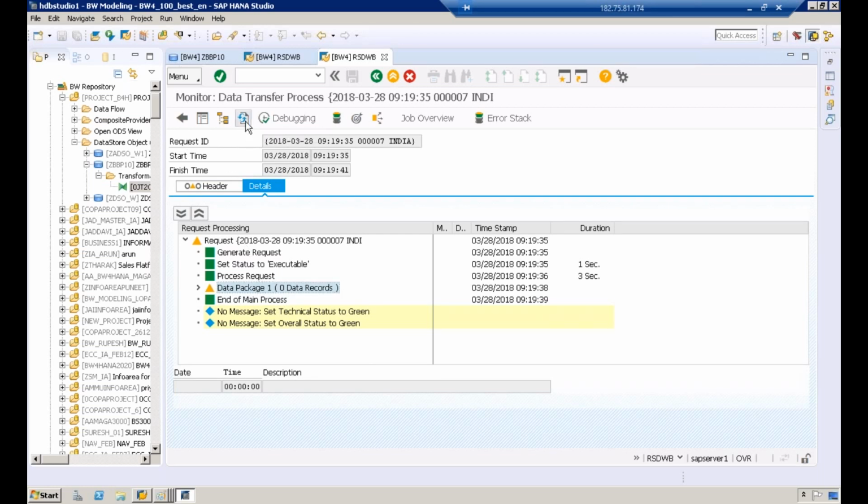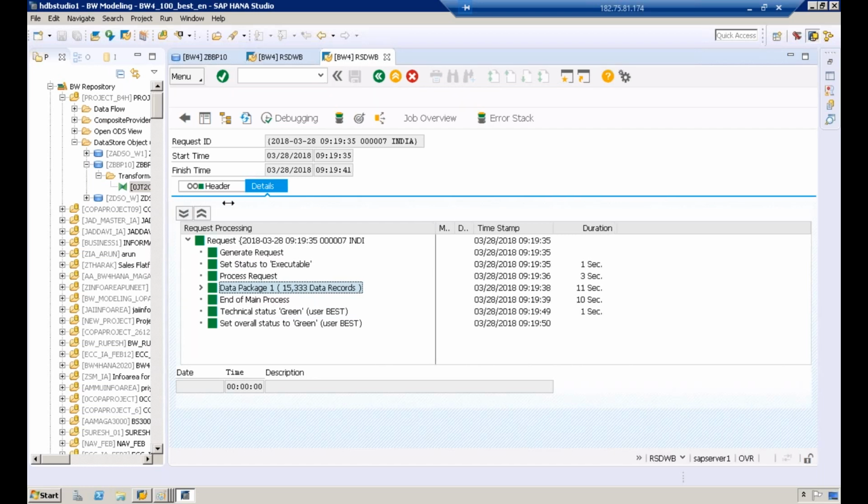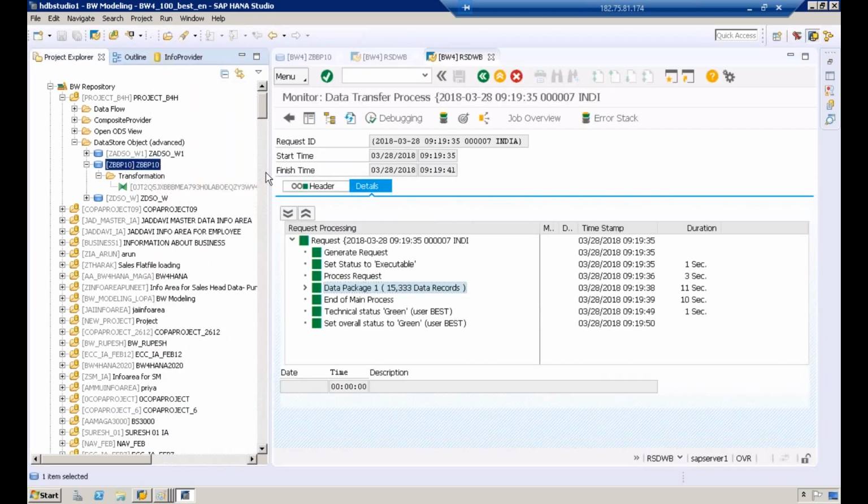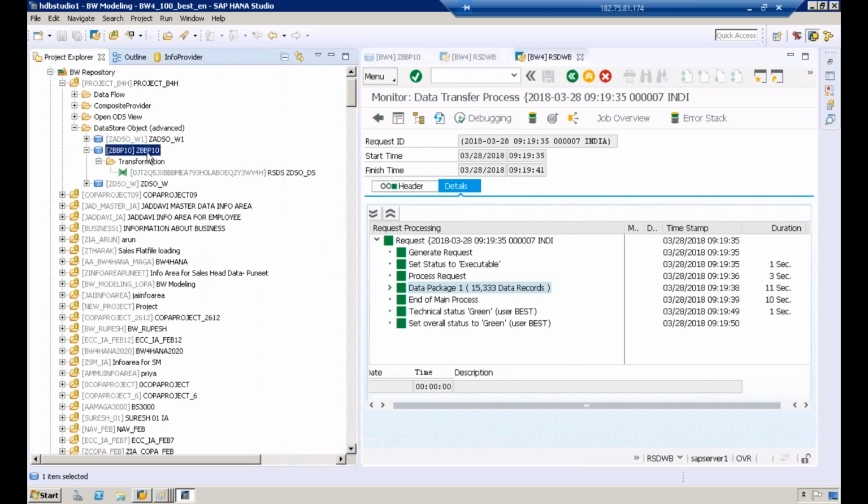Participants, click refresh. Now once you click refresh, how many records are transferred? About 15,333 data records are transferred. Now what you can do, on top of this advanced DSO,